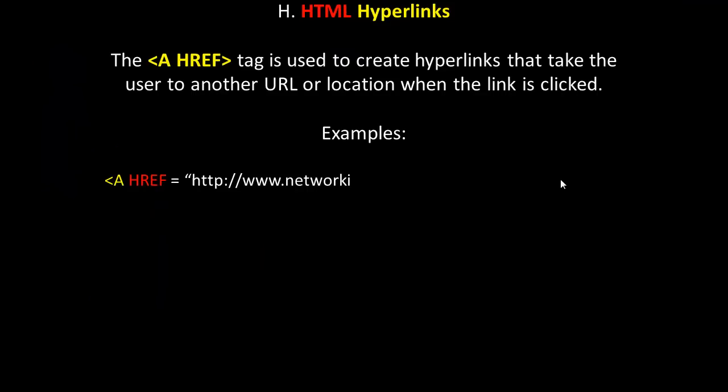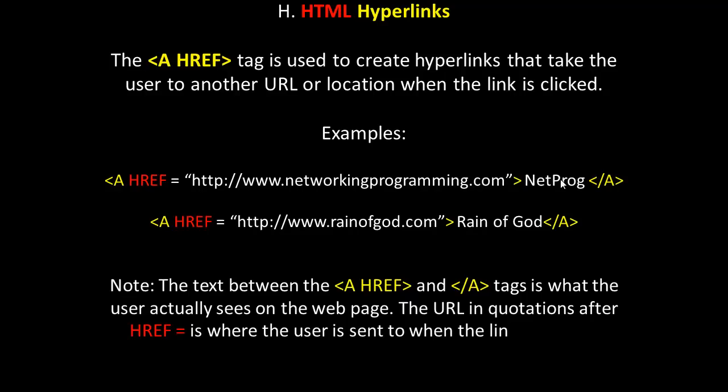The next item we'll cover are HTML hyperlinks. An ahref tag is used to create hyperlinks that take the user to another URL or location when the link is clicked. For example, if I put http://www.networkingprogramming.com in double quotes and place this inside of an ahref statement inside of an opening anchor tag, then add a closing anchor tag, and then between the open and closing anchor tags type the word netprog, when the user clicks the word netprog, they'll be taken to the website or URL